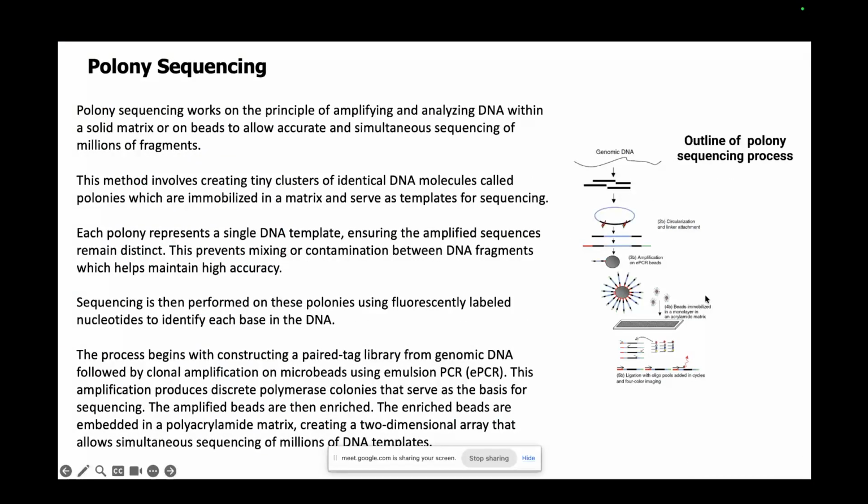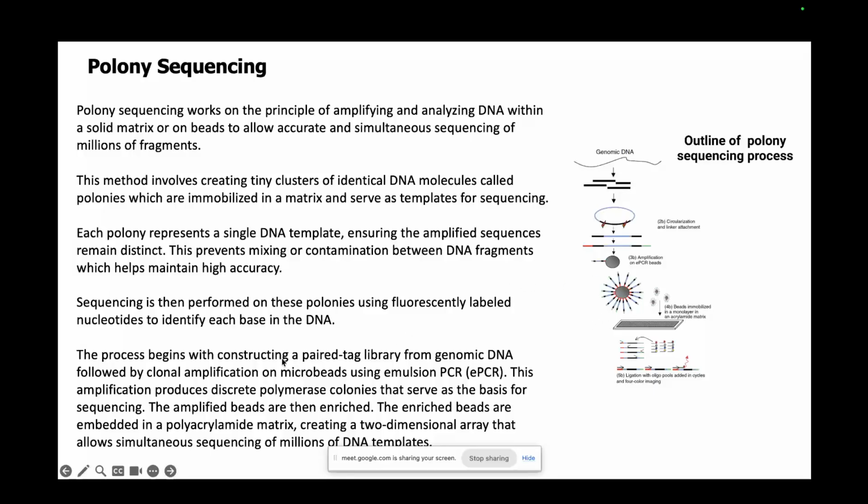Each polony will represent a single DNA template, ensuring the amplified sequences remain distinct. This will prevent contamination and mixing with other DNA fragments. And then sequencing will be performed on these polonies, these clusters of similar sequence DNA strands, using fluorescently labeled nucleotides